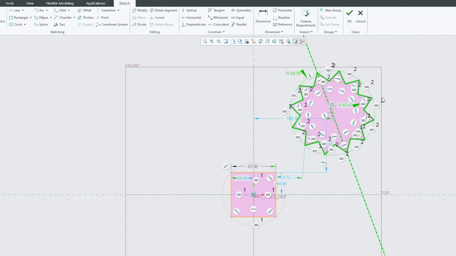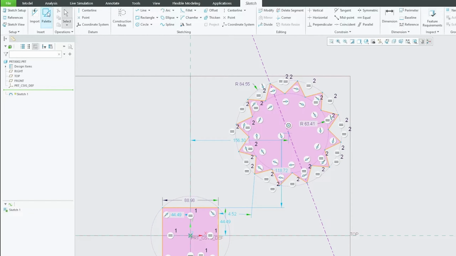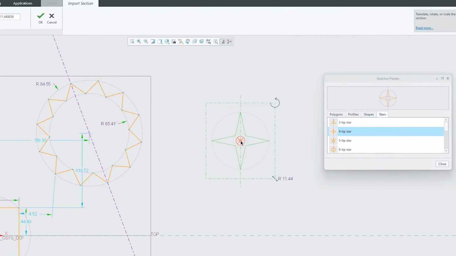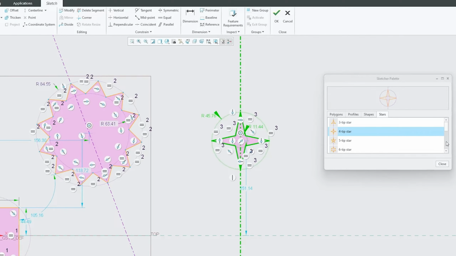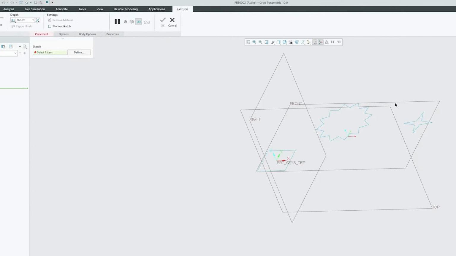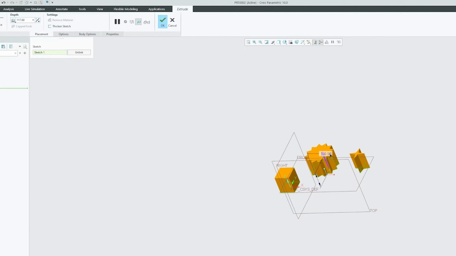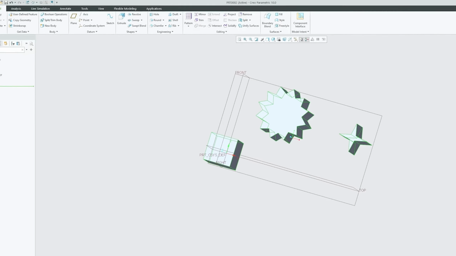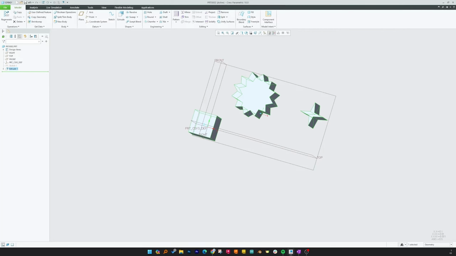Now hit OK. So in this way guys, we can easily add polygons, profile, shapes and star in our PTC Creo Parametric environment. Now since these are perfect regions, you will also have opportunity to convert them to 3D. This will really help you to boost your productivity if you are looking for polygons, star or these kind of